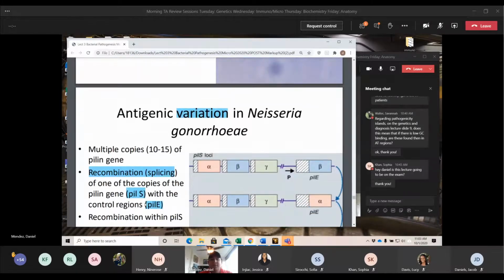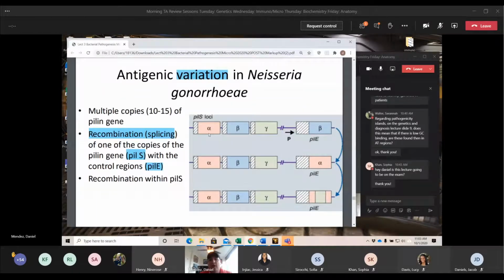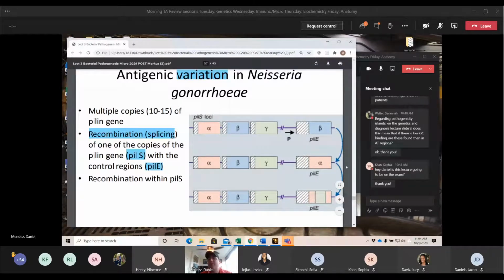And then here's the image for variation. We have our 3 different variations here, and we can see that this is just the mRNA as it goes through and creates that pili receptor on the outside. First, if it has that beta form and you create an IgE for that beta, gonorrhea will internalize that beta and then put on an alpha. And then once you create IgE to that alpha, it'll internalize and create a different one.